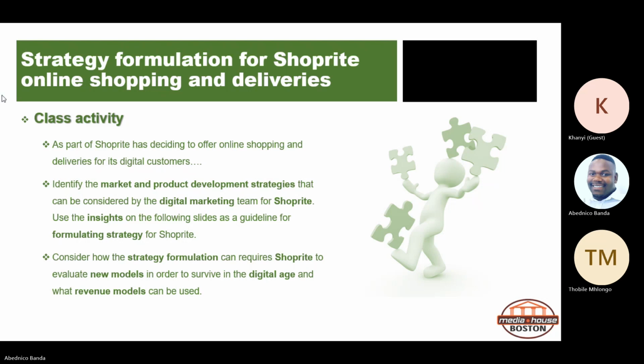Okay. So product development: in order to implement that digital strategy of moving to online shopping, do you think ShopRite needs to change the way they do things, their pricing, the kind of product that they sell? For example, I think ShopRite has product bundling, whereby they group different foods together suitable for senior citizens. Like, you put a 5 kg mealie meal, 2 liter cooking oil, this and that for a certain price. Are you aware of that, guys? Yes, sir. For the pensioners.